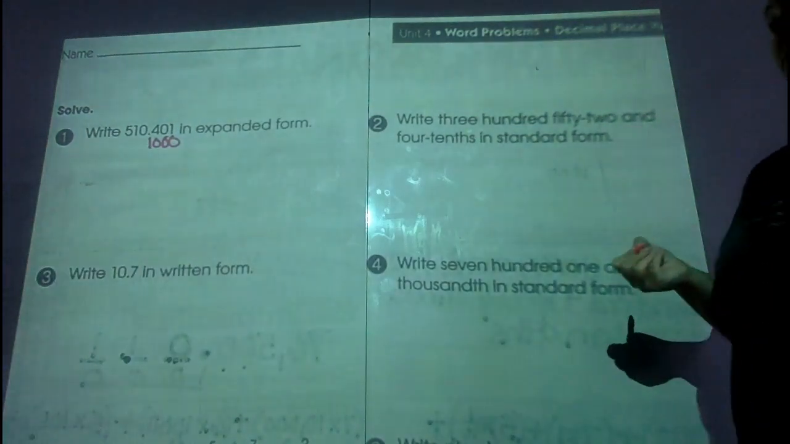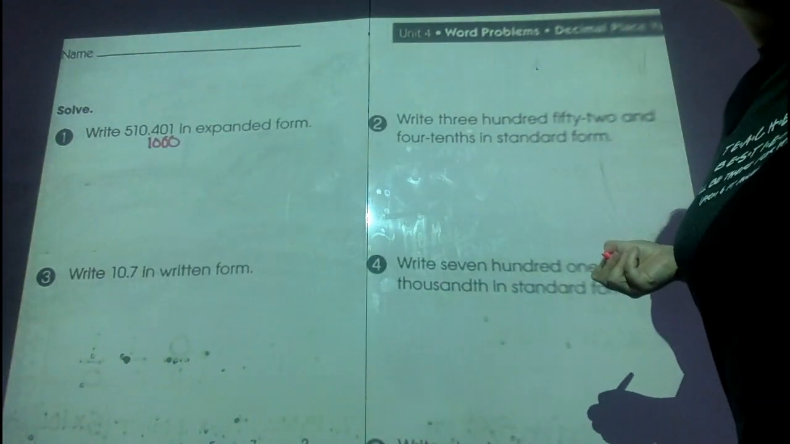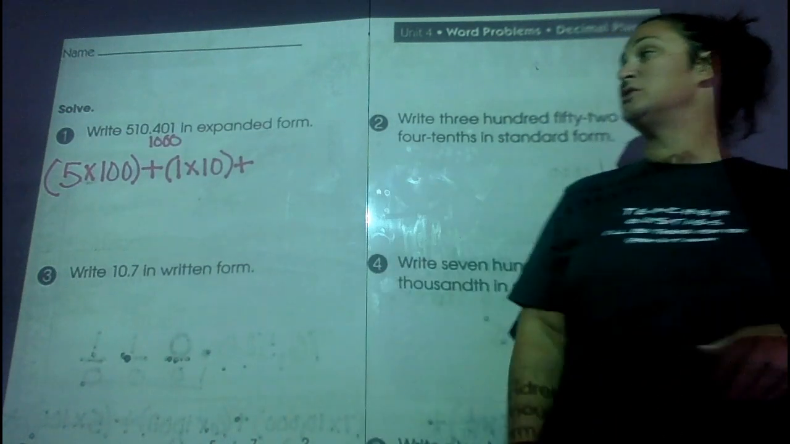401 thousandths. So let's go ahead and write our expanded form. So our 5 is in the hundreds place, so 5 times 100, plus our 1 is in the tens place, 1 times 10, plus we have the 0, so the 0 is in the ones place, so 0 times 1 is 0, so there's no need to put that. Now when we go to the right side of the decimal where we have our parts, let's